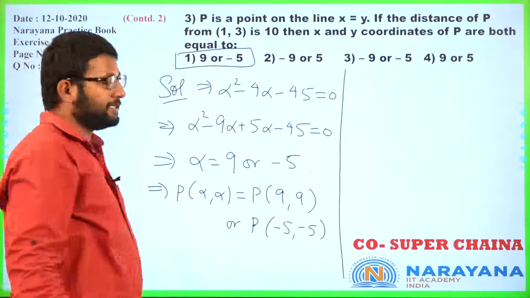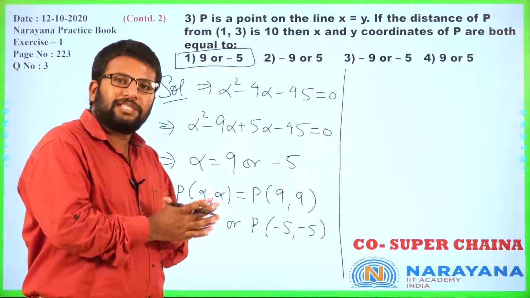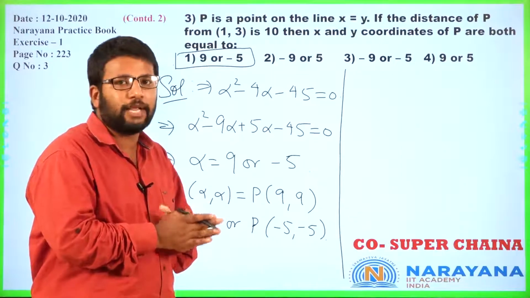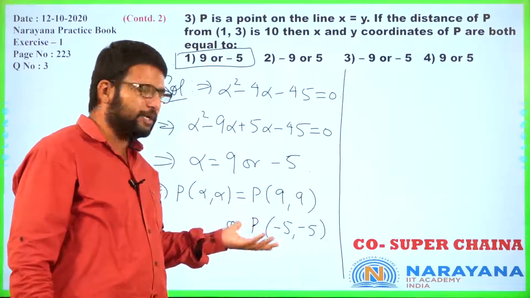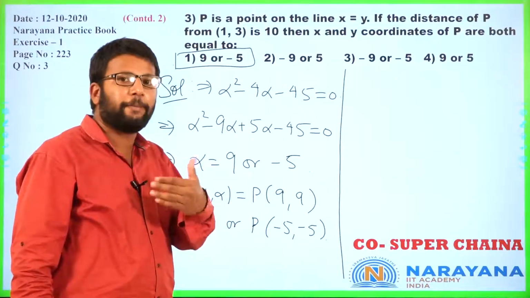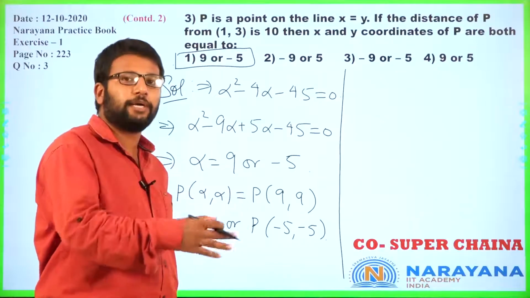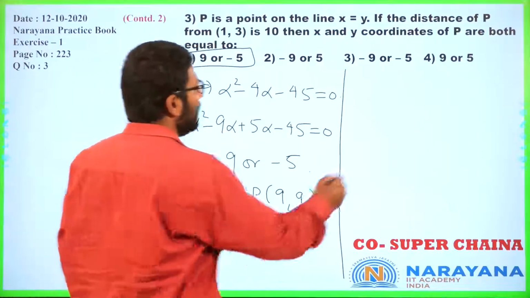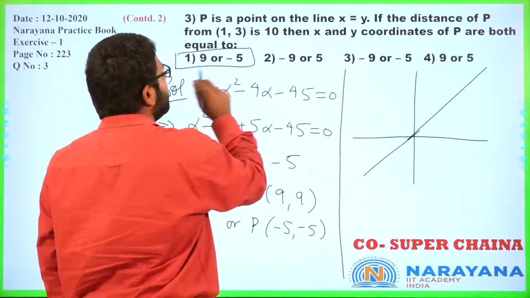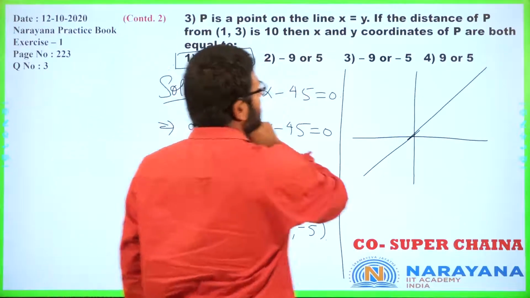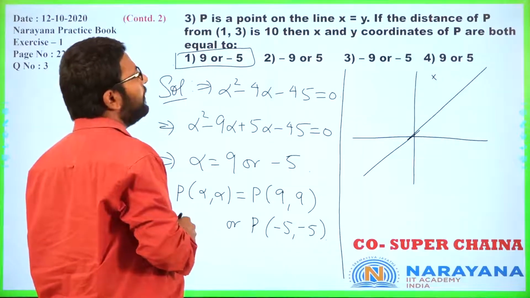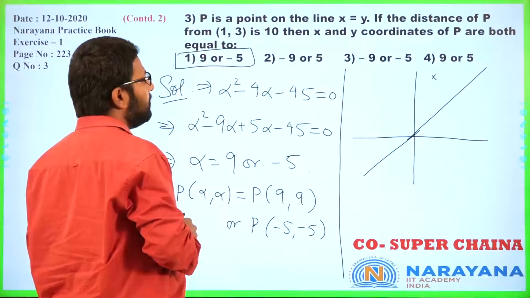Correct? Yes. Also, because this is just the beginning of 2D geometry, try as many times as possible to draw and visualize the situation. Even if in this case you don't have to, you already have the answer, try and visualize it. In the beginning, it's very good to practice that, so that at later stages you can do it much faster. So we have this straight line y equal to x, and we had this point 1 comma 3, right? 1 comma 3 would be somewhere here. Now at a distance of 10 units, we wanted those points, right?